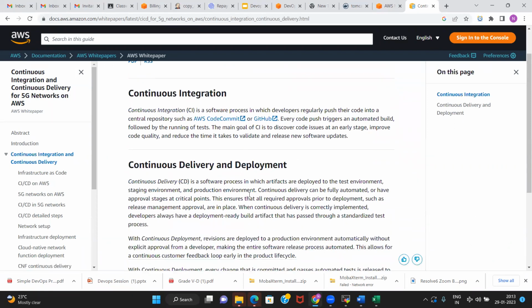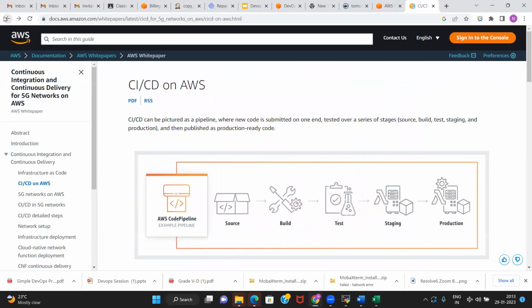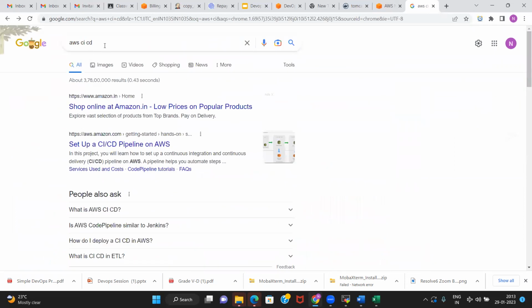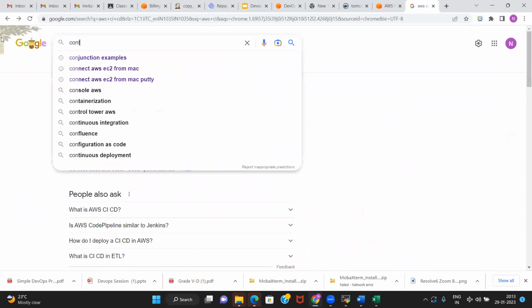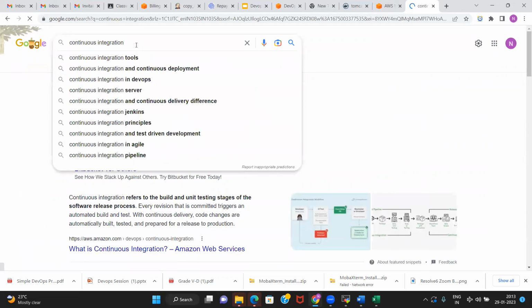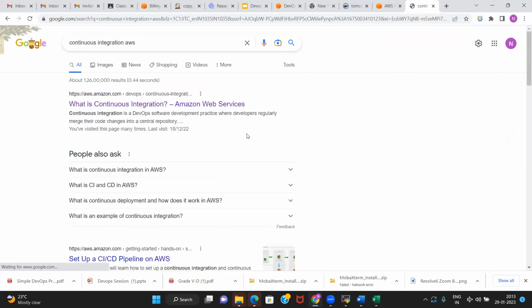Let me search continuous integration with AWS. And what is continuous integration?